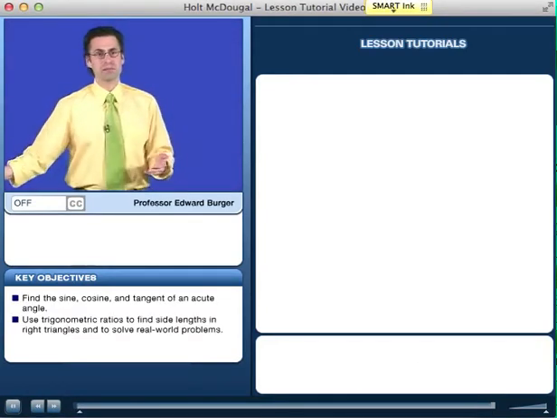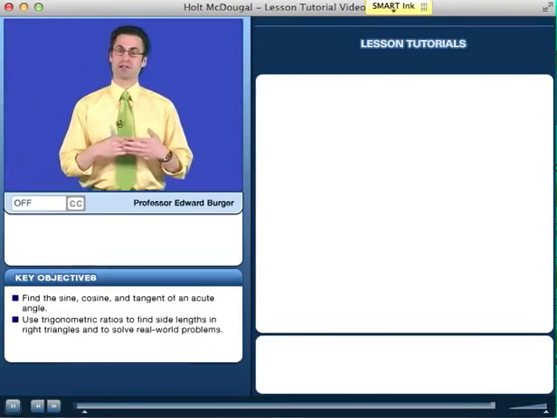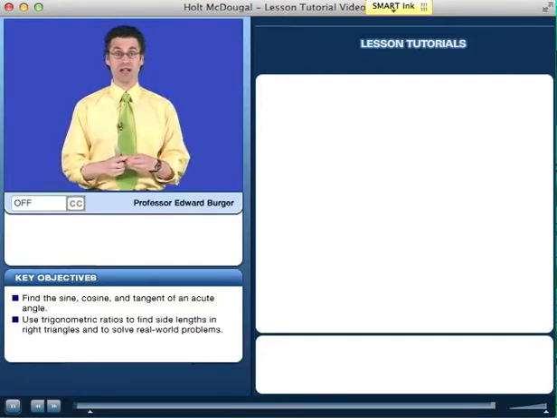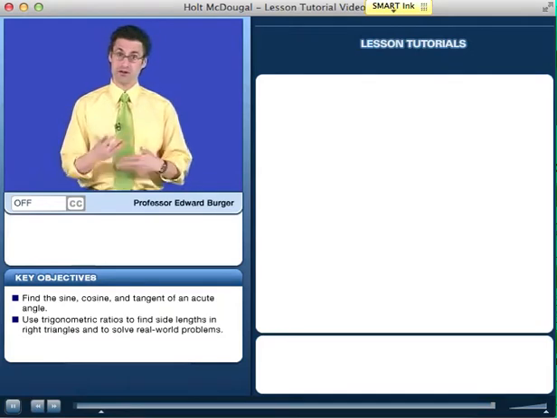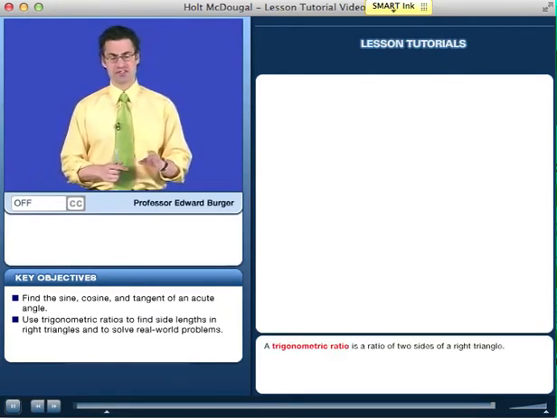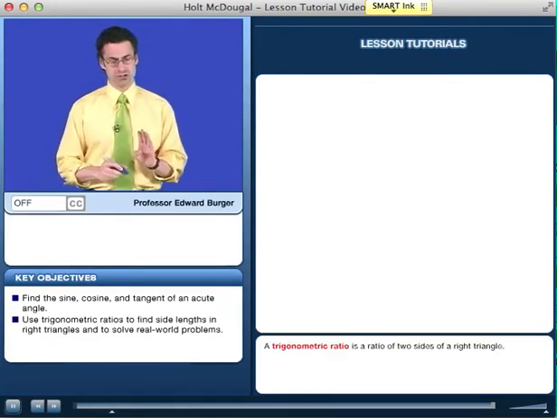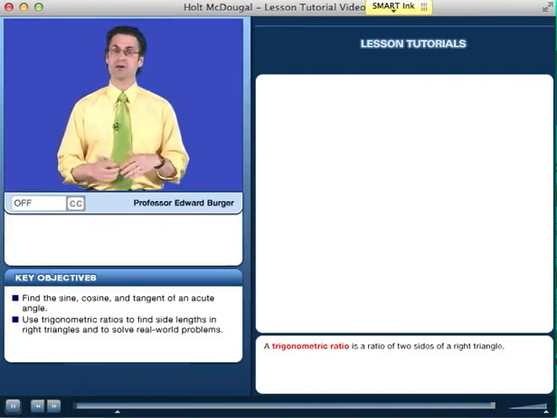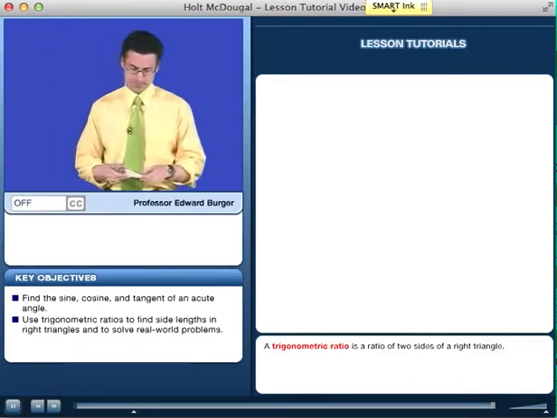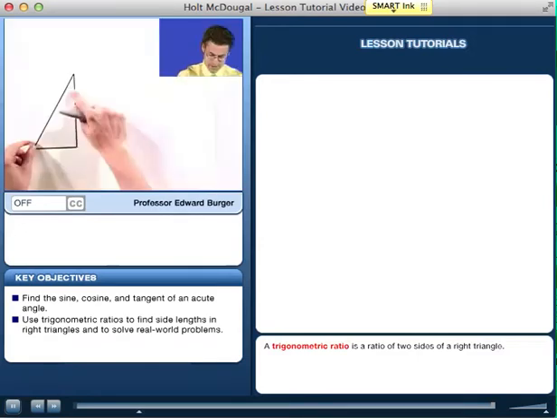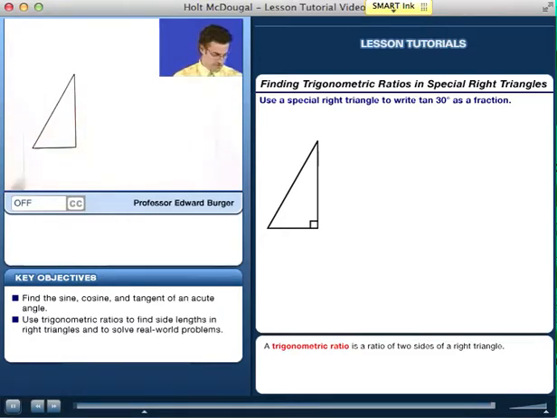Just for fun, let me show you that sometimes we can craft a particular triangle to allow us to evaluate and compute various trigonometric ratios. So let's see if we can come up with a very special triangle that will allow us to figure out the value for tangent of 30 degrees. And that special triangle that I'm going to look at looks like this, and this triangle has sides